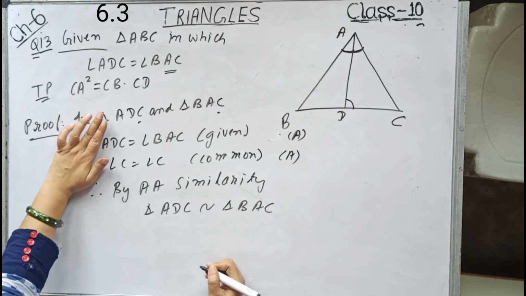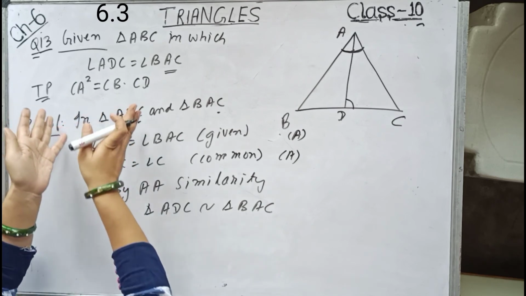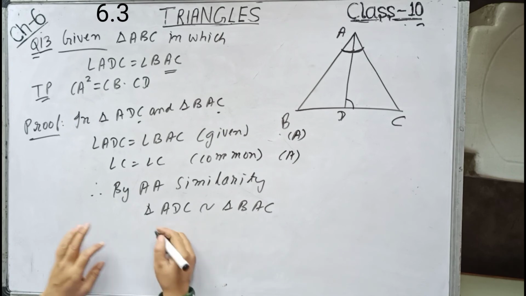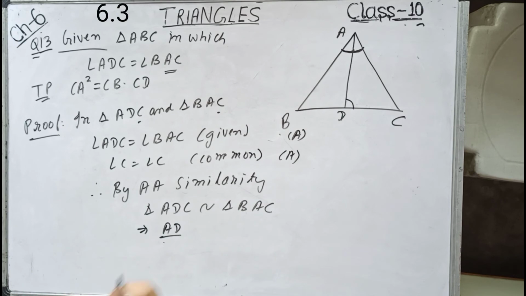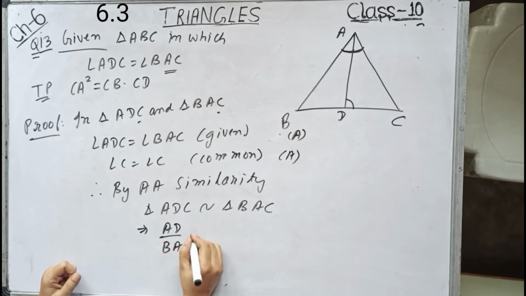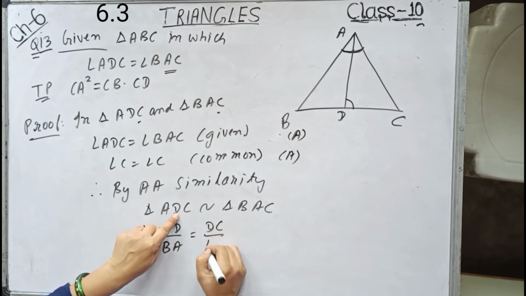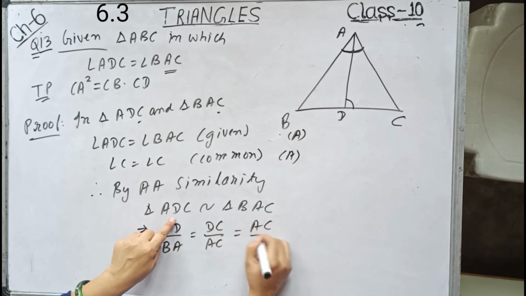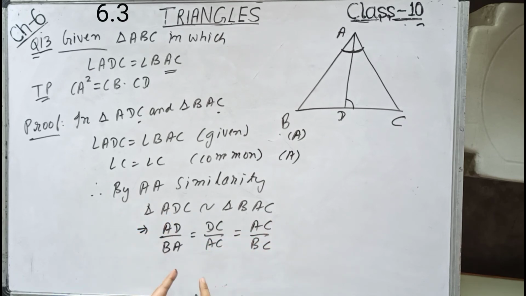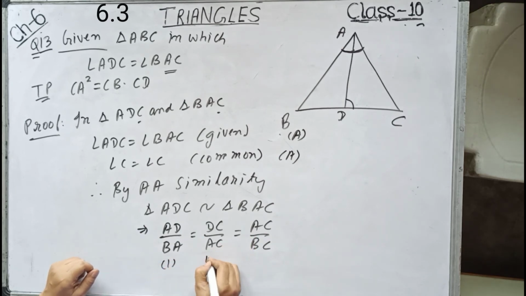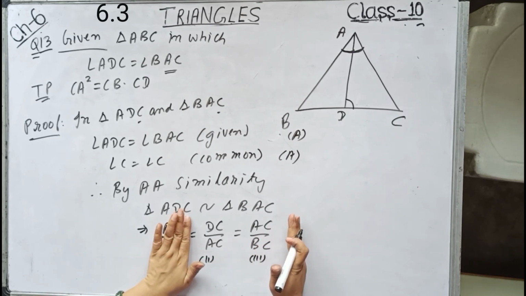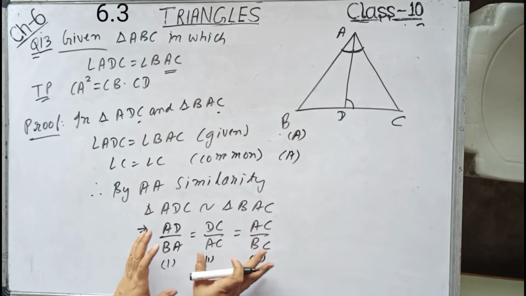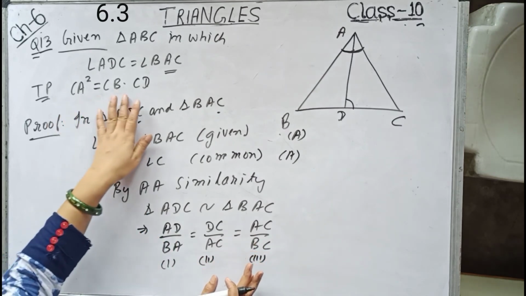Now what I want, CA square equals CB into CD. So don't be confused how I will get, simply write the ratio. So this implies AD by BA, or AB we can write, but let us write in order, BA equals DC by AC equals AC by BC. Now what I want, CA square. Now CA square I can get by cross multiplying these two. So 1, 2, 3. Children, here if you can judge, you can write these two only. But if you cannot judge, write all, whatever the proportionality ratio comes, and then see what we have to prove.